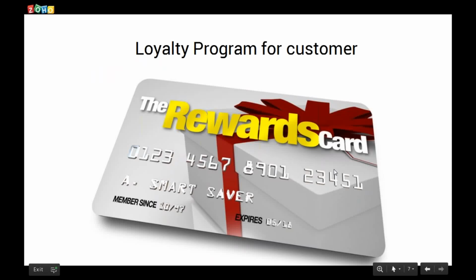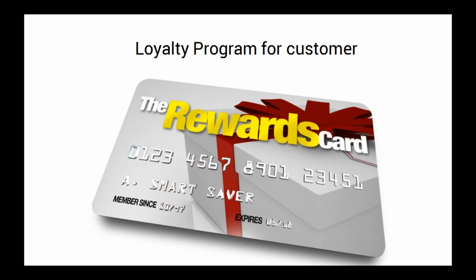Loyalty program for your customers. Rewarding a customer with points, respecting their purchases with our store, is really important, and it attracts more customers. If you go to Lifestyle or Max, they have a common platform to reward customers. Even some traditional silk saree customers are using this kind of loyalty management.